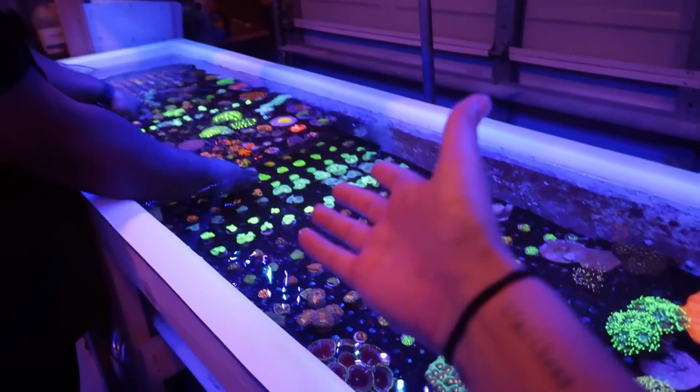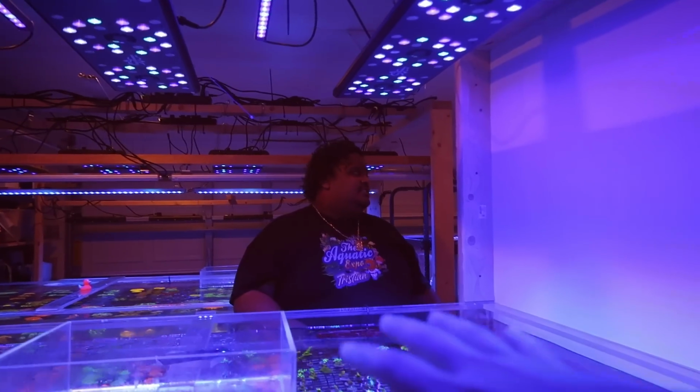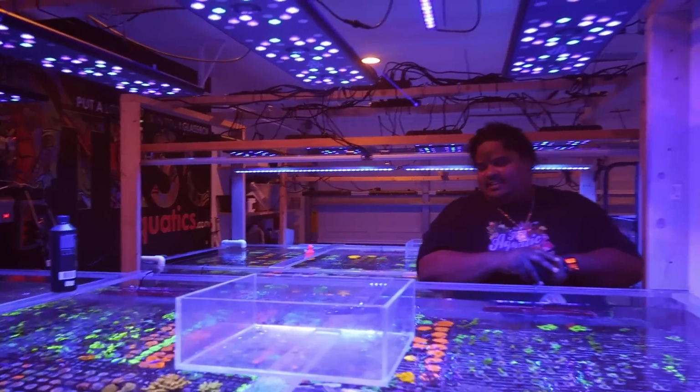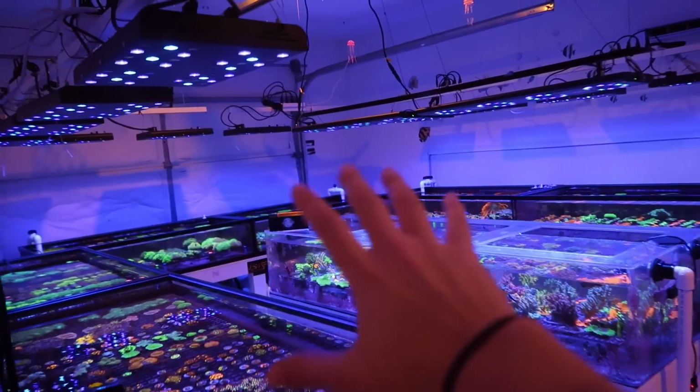He just unveiled a whole entire new frag tank. I didn't even notice those were down there. That's crazy. Was it years before you started this garage, or months, or weeks, or days? 6 months. 6 months you went from that to this. Yeah, 6 months. It took 6 months to go from this room, which is insane all by itself, to this